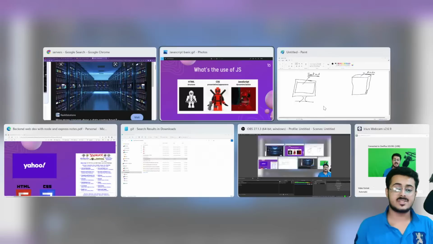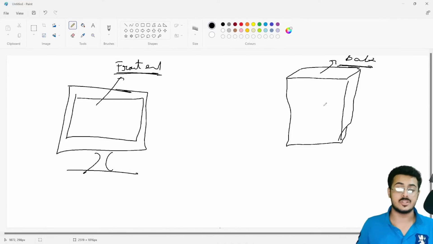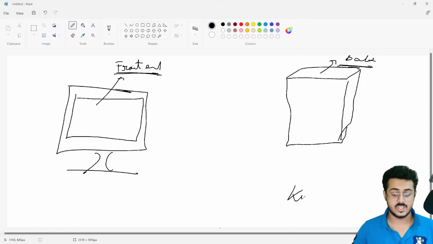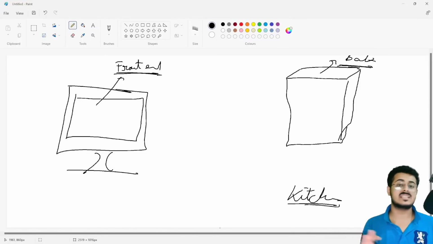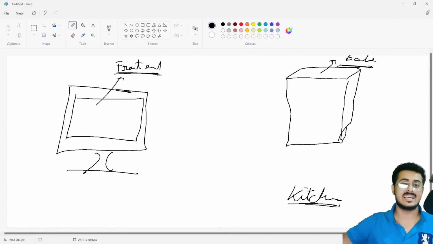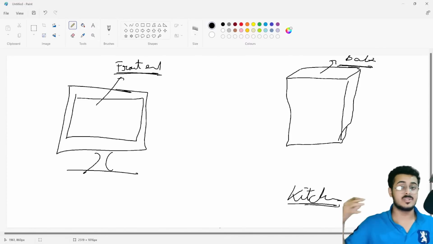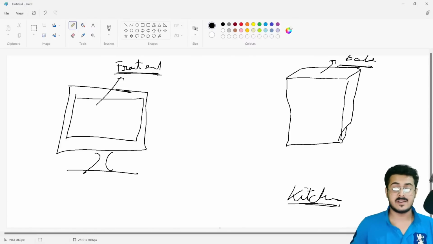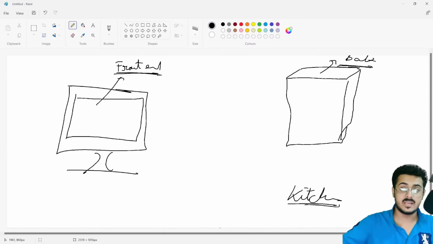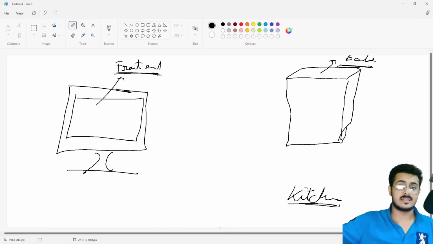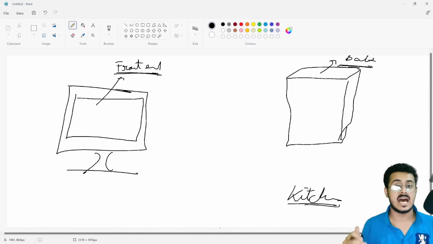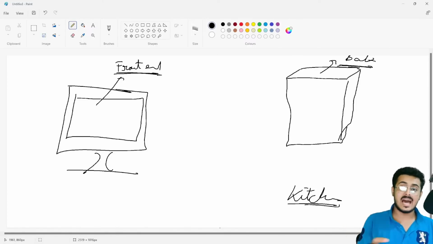Now think about servers as nothing else but the kitchen. If the front end is the front of your restaurant, then the backend is basically your kitchen. The kitchen isn't accessible to the normal user. The user cannot just enter the kitchen. He is only able to interact with the chairs, the lightings, the fans, and whatever he sees around him inside a restaurant, and that is the front end. But the kitchen, where the food is cooked and the different spices and materials are stored, is the backend. That is where the entire business logic of your website lies.